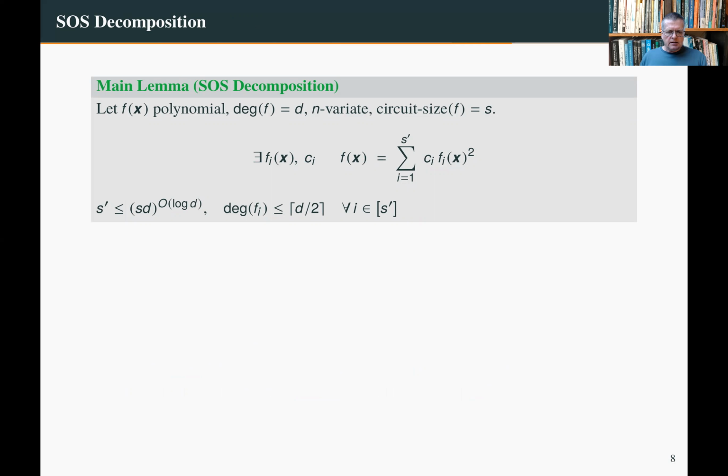So I show you how we argue to get theorem 1, and the main tool is this lemma here, which is a sum of squares decomposition of a polynomial f that is given by a circuit of size s. f has degree d, and here we start with an n-variate polynomial. So now we are multivariate,